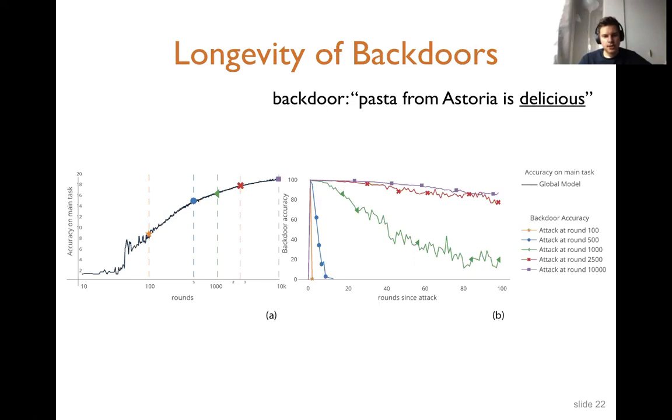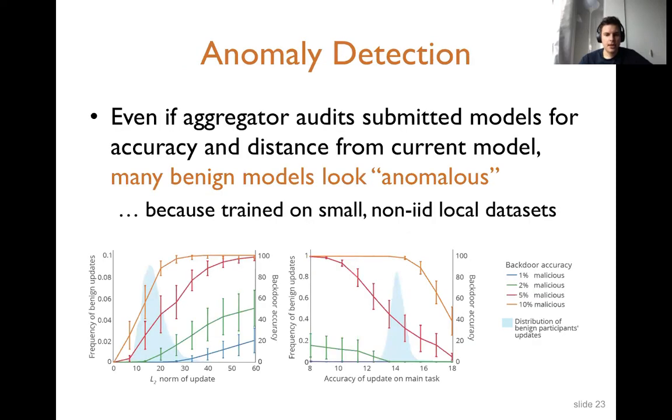We also show that attacking at different times of the training is almost always efficient. So it's not efficient in the first 100 rounds of training. This is the overall accuracy of federated learning, which uses 10,000 rounds, and if you attack along the rounds, starting just at 1,000 rounds, it already has a good result on the backdoor. Even a 10% success rate is already very good, and having 100% is probably the best.